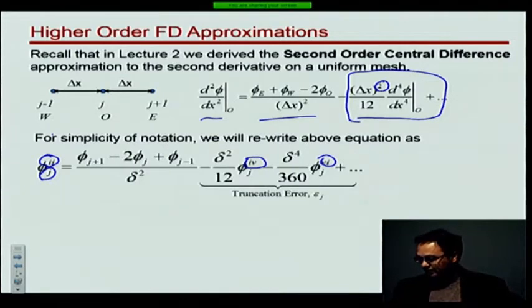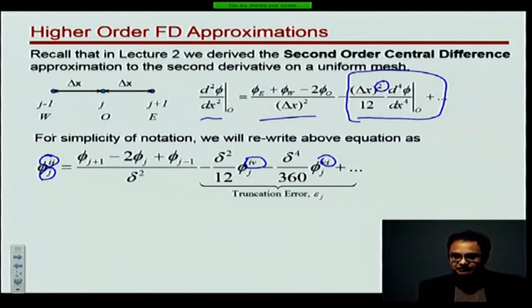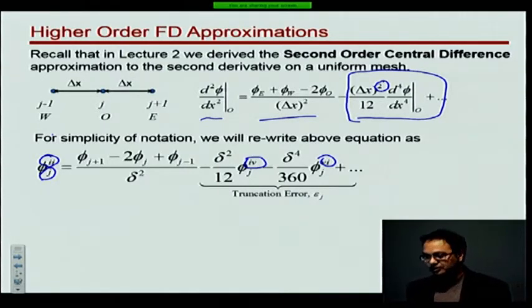The fifth one cancels out because of equal mesh spacing on the two sides. Okay, just like the third also cancels out. So this is our truncation error, which has this leading order term that we are familiar with, that one, and then we have this additional term, which is the next term. Okay, so what we really want to do is develop a scheme where this guy is eliminated